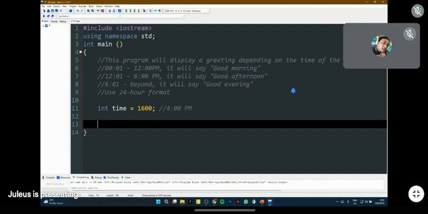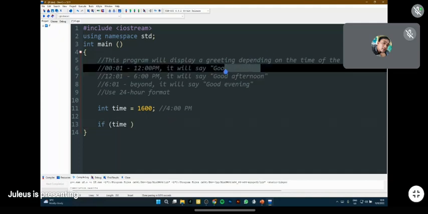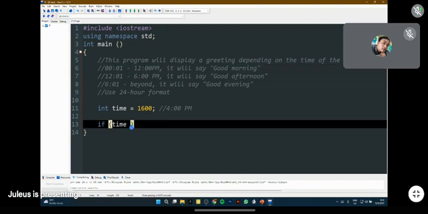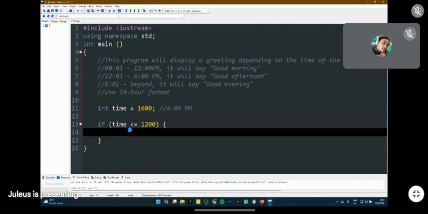So first we will create our condition. So if time, how do we set a condition for this? If time is less than or equal to 1200, then it will say good morning.